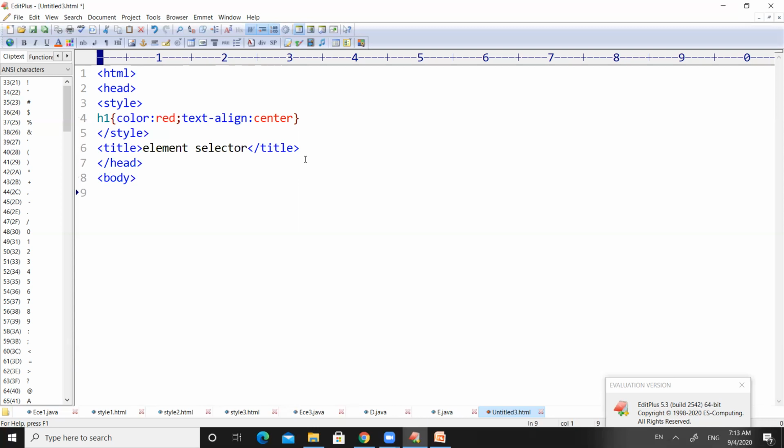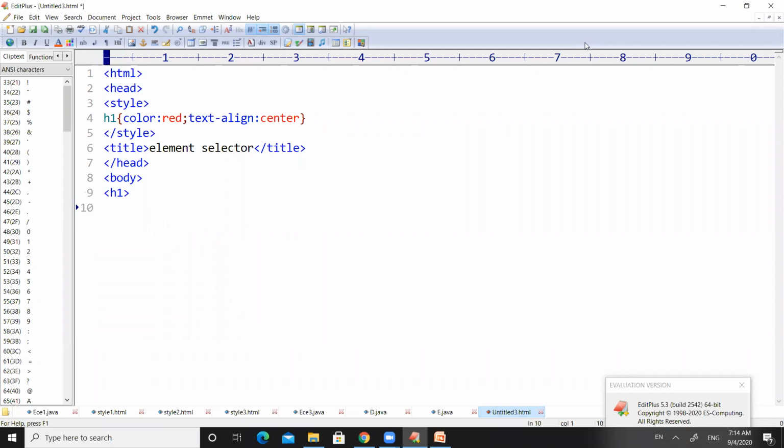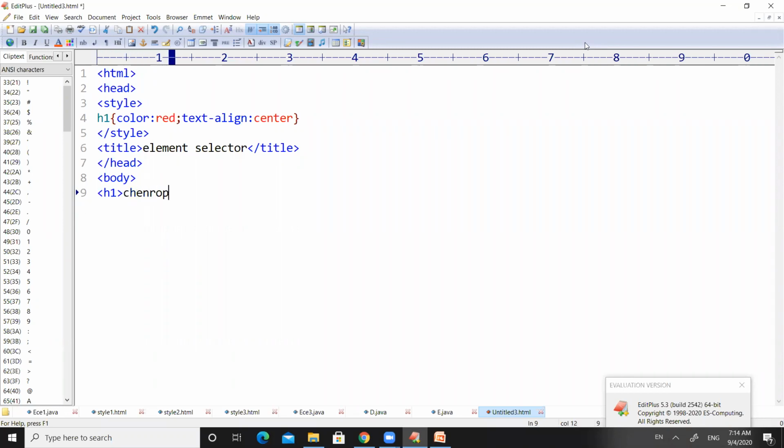Right inside the body tag, you can use any of the tags you want. For example, in this particular code, I have written H1, right? And let us write our college name.